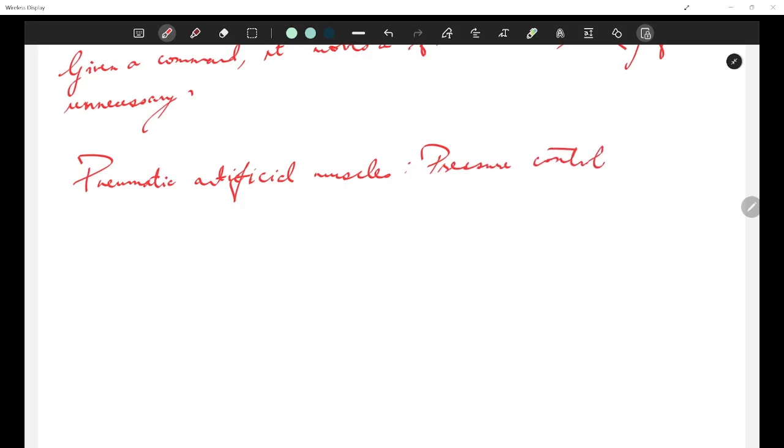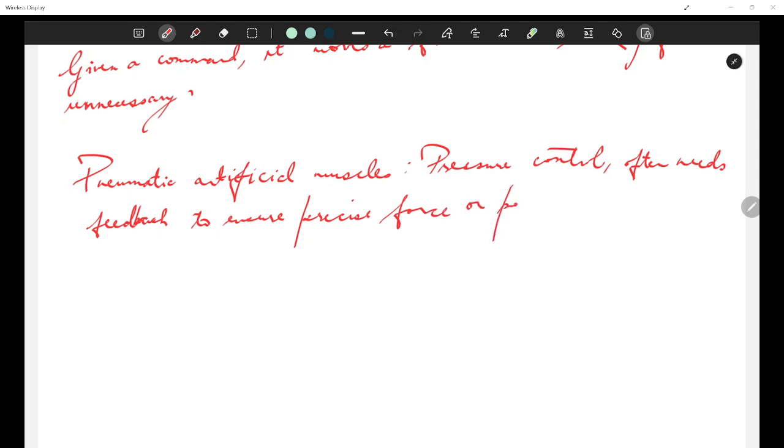These pressure control systems often need feedback to ensure precise force, or any position regulation.